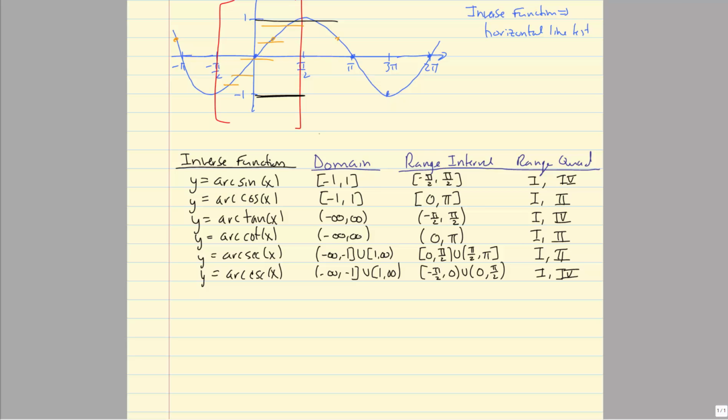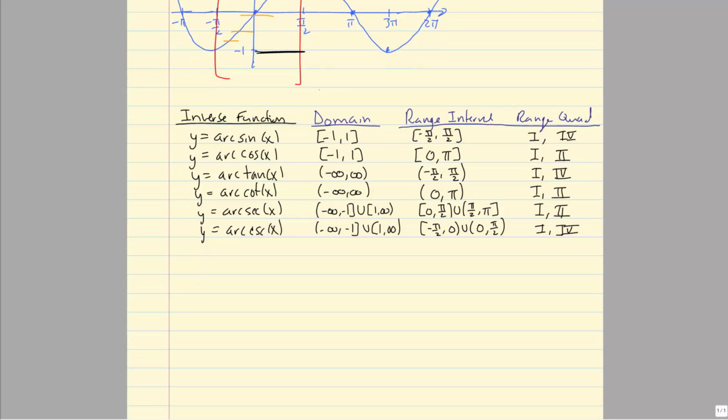Now one other thing that we'll want to know is how do we evaluate an inverse secant, inverse cosecant, inverse cotangent, since they're reciprocals. So the way that we want to remember that is the inverse secant is evaluated as the inverse cosine of 1 over whatever the argument is of the secant. The inverse cosecant is evaluated as inverse sine